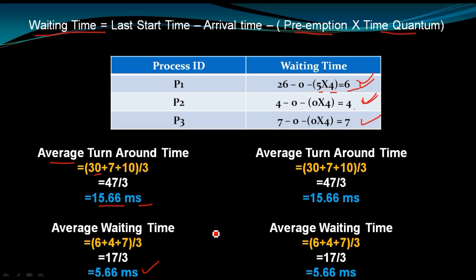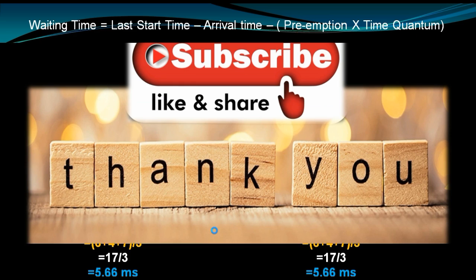So this is all about round robin scheduling. Hope you understood how to prepare the Gantt chart. Each time quantum is allocated to each process on a first come first serve basis, and whichever process needs extra burst time, if it doesn't complete its burst time within the time quantum allocated, it is put at the tail of the ready queue, right? And again that process gets a time quantum. So this is how you can calculate average turnaround time and average waiting time in the round robin scheduling algorithm.